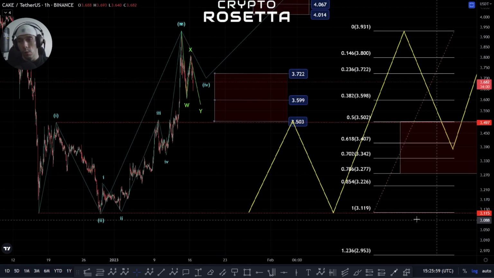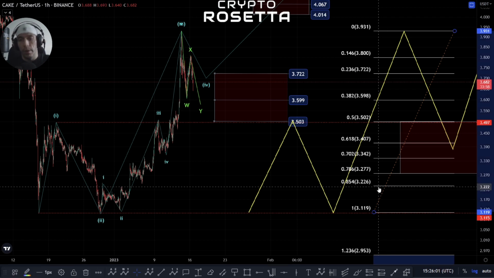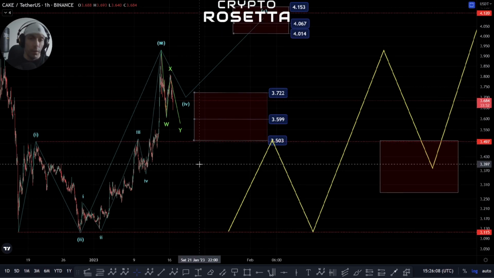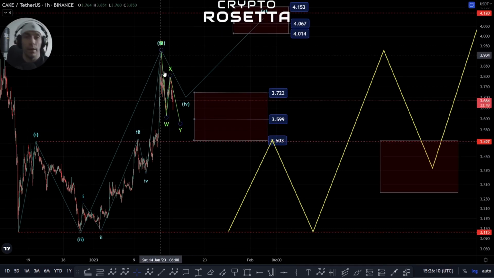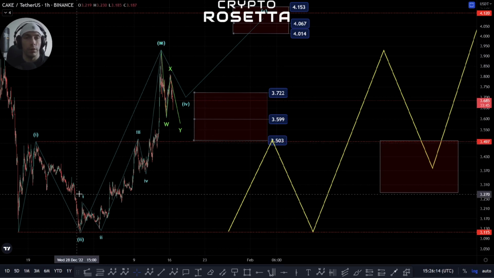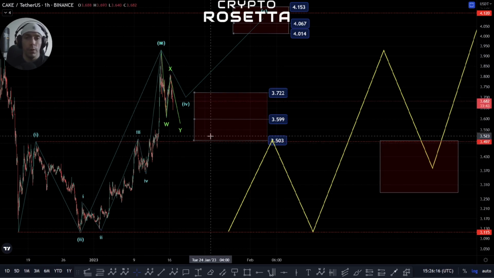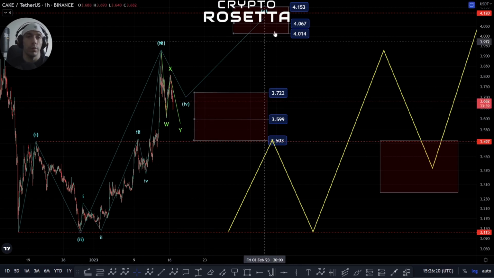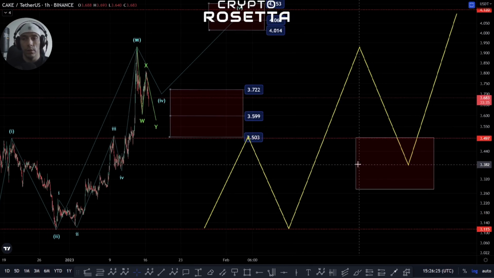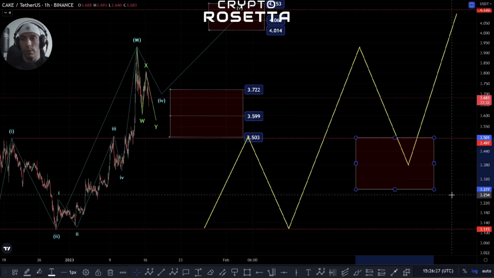Though all bullish counts that we have at this time are reliant on holding this 3.115 zone. So if we lose that, then obviously all these counts fall apart. For as long as we hold above this 3.497, we can look at this just as a regular 5-wave move. If we do lose that, then basically this target zone that we're talking about here, this 3.501 to this 3.277,